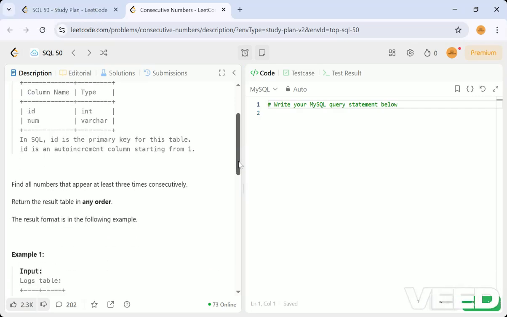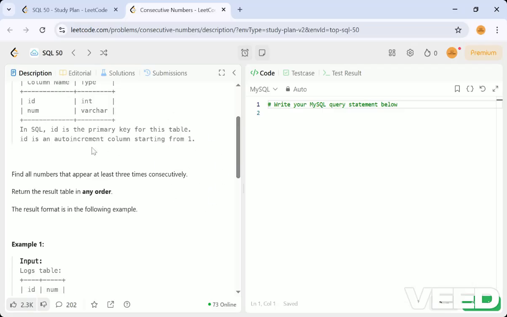And then what they're asking us is to find all the numbers that appear at least 3 times consecutively. So a number should be repeated 3 times in a consecutive manner. They are asking us to find that type of numbers. Understood, right? Num is the number that appears at least 3 times consecutively.